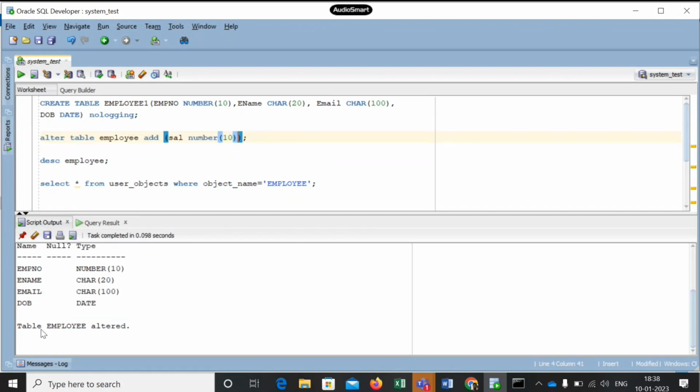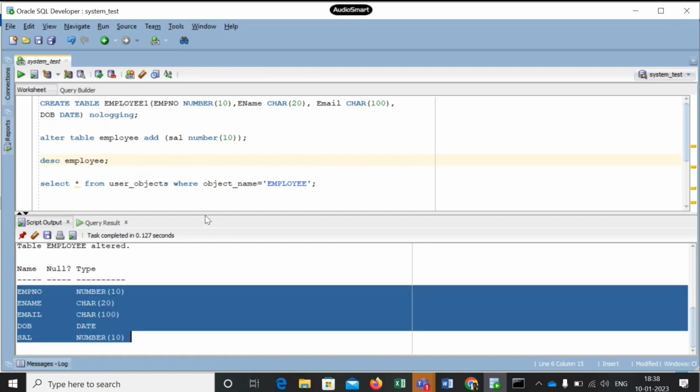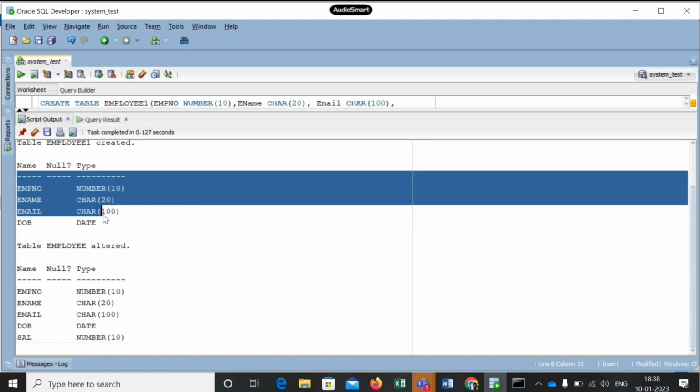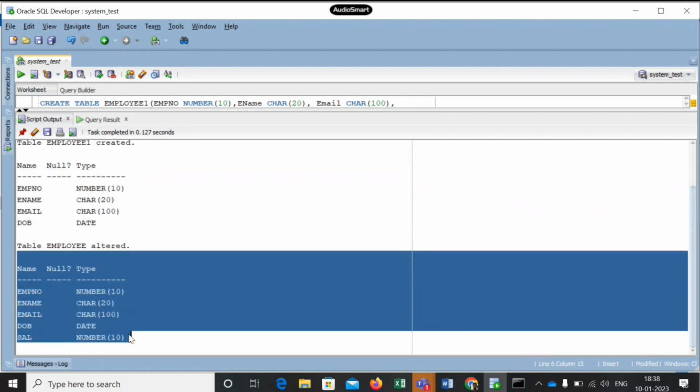Now see, now alter the table and describe the table again. So earlier we had 4 columns. We added one more column here. Really added or not? Check here. Now it added a column. And see, this is your previous table. After adding one more column, the column is added at the end of the table,